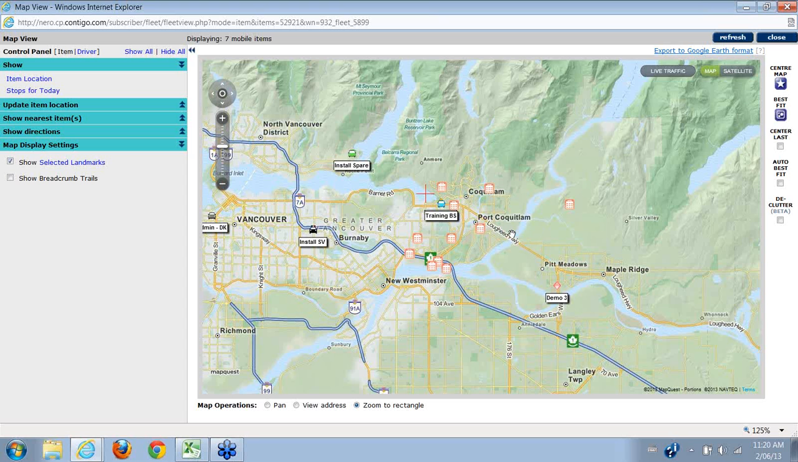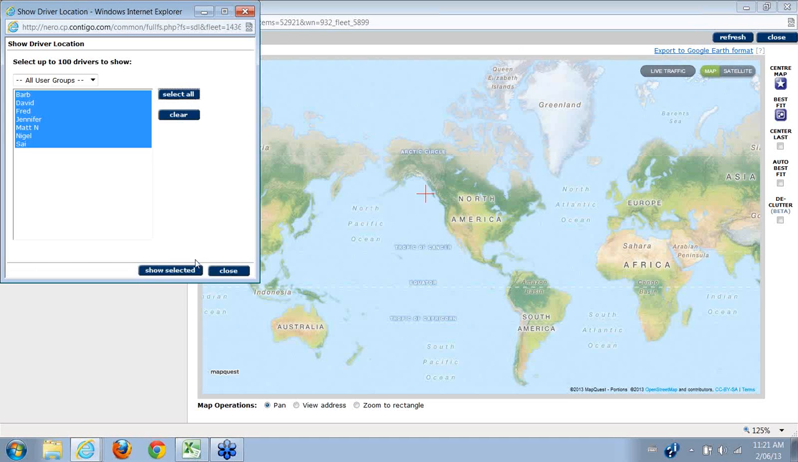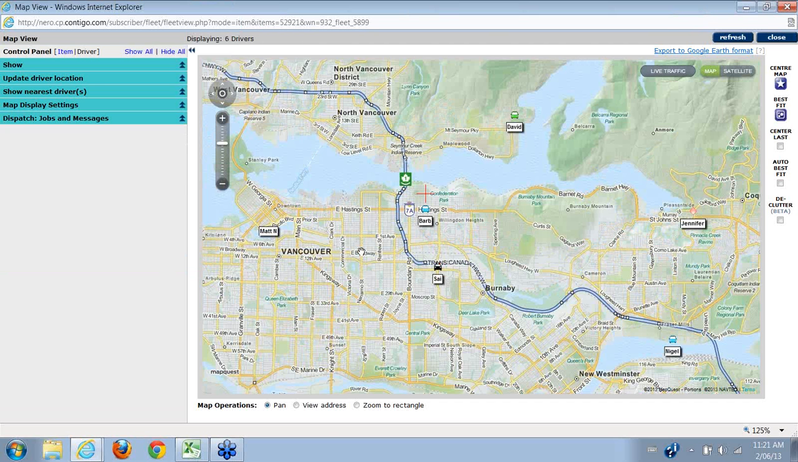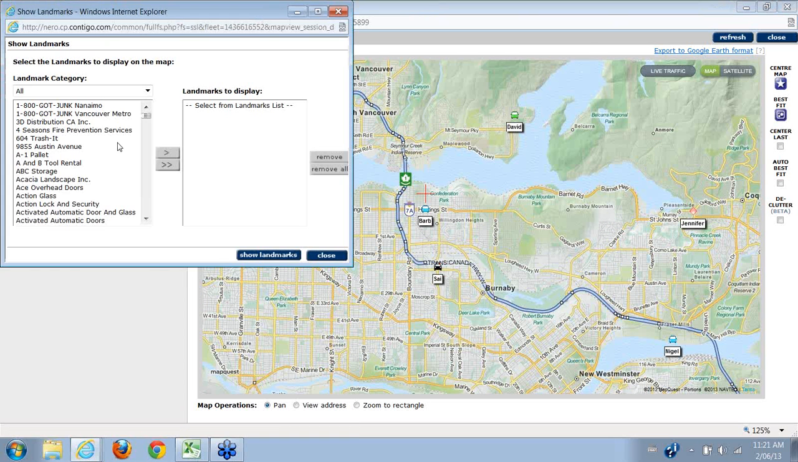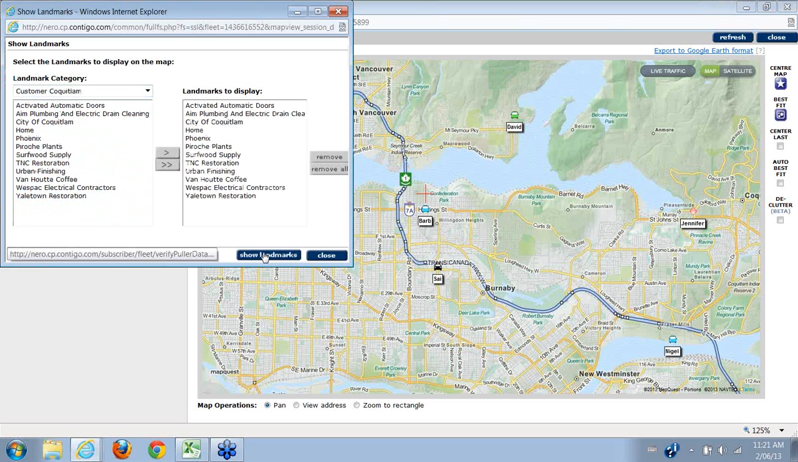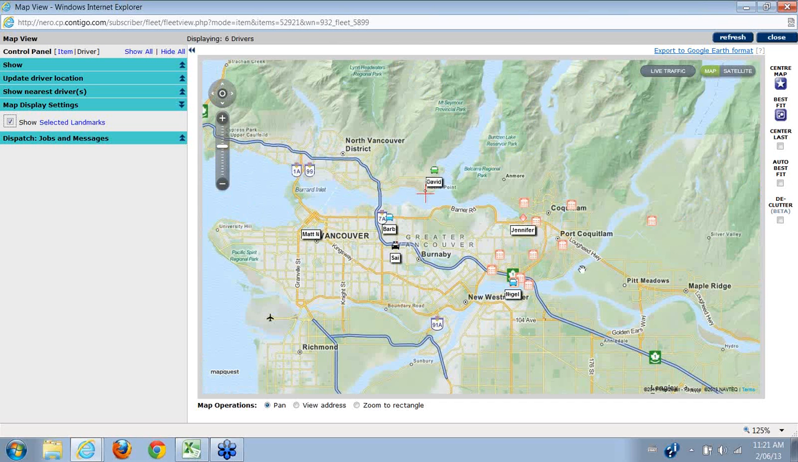And then for those of you who use the dispatch function, I select and pull up my map by driver, select all my drivers, show selected, and then if I go here and show selected landmarks, I'll pull up the same one just for simplicity. Then when I'm on the driver view and I've got my map pulled up by my drivers,